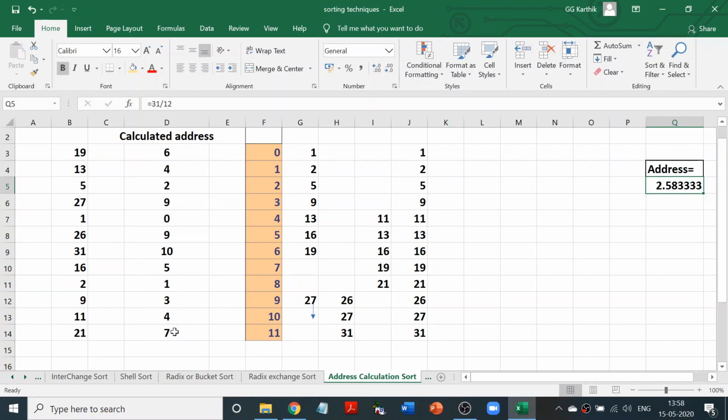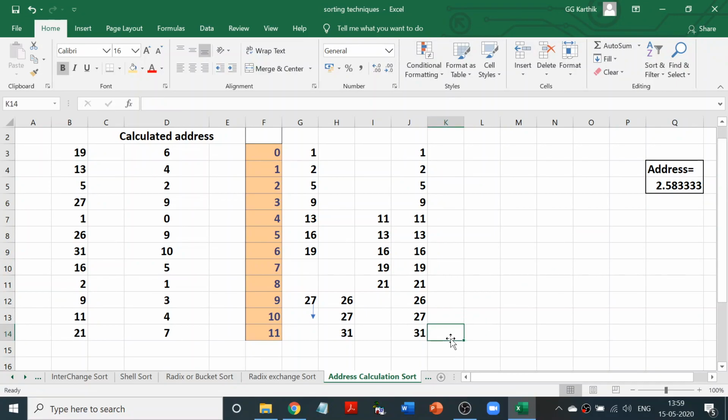And based on the calculated addresses, so we are going to have address locations here. So I can remember this like a pointer. You have memory locations, you're going to put these numbers in that particular address location, whichever is calculated here. Whenever you find a number already existing, you do a comparison. Whichever is a smaller number comes first, and the other number is pushed down, and so on. So you get the sorted list.